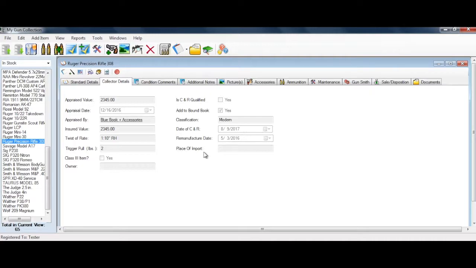And that was all moved over to collector details. We also had the ability for the classification, such as modern, C&R, or antique options in there. We also added the twist of rate and the trigger pull. And for those that have suppressors or NFA items, we added the class 3 option so you can select